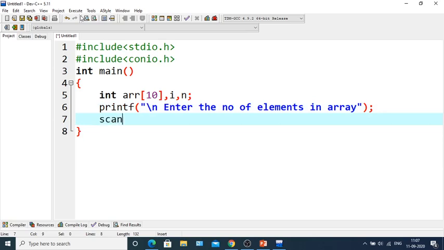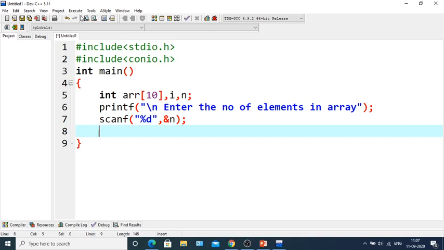Next, scanf within double quotation %d, comma, &n. So n will store the number of elements in an array.